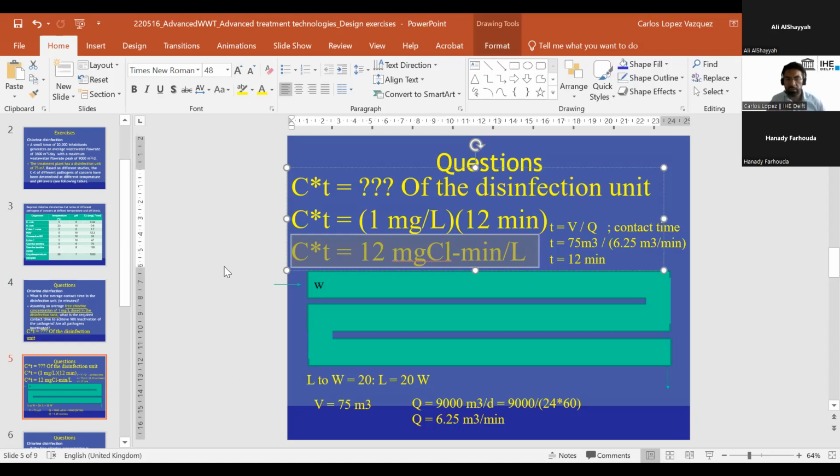What is this value? And how then can I use it? The CT is the disinfection material and the time